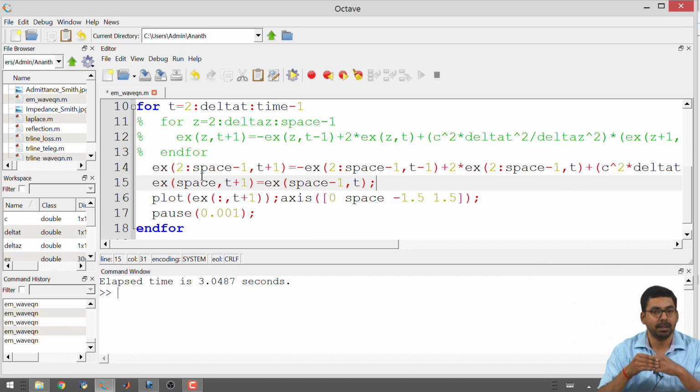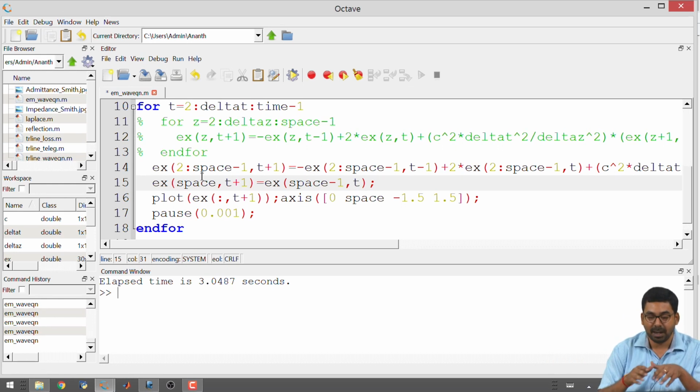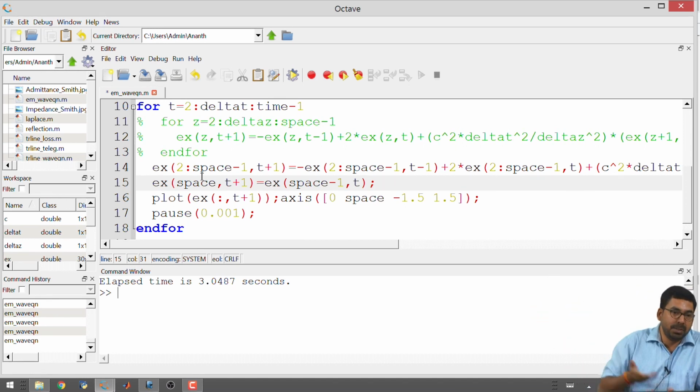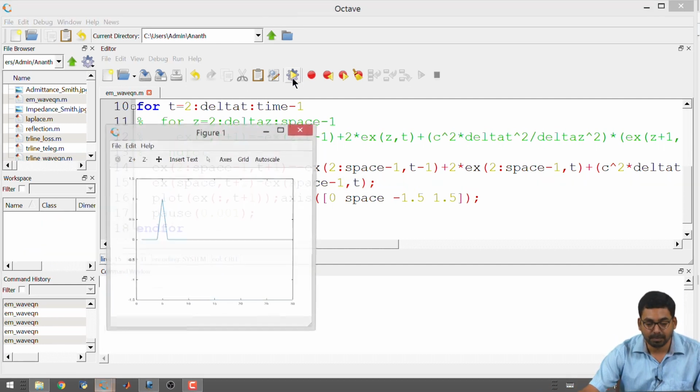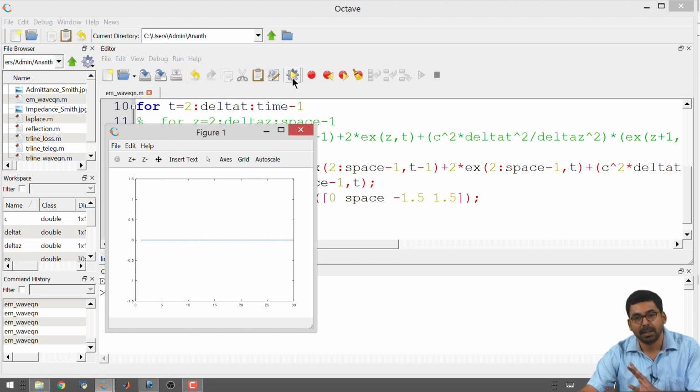Artificially, you have made the wave travel forward, which means that at every instant of time, it is just going to take the value which was there in the previous instant of time and keep doing that, but it is not going to affect the simulation in any way because we are not using it for doing anything. So, if I run this now, it just went to the right side and vanished.